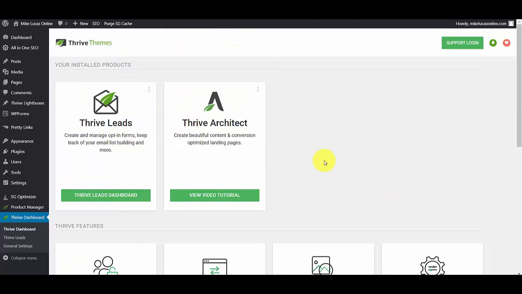But the basic plugin is just Thrive Architect, and that's what we're going to use today to make hyperlink design